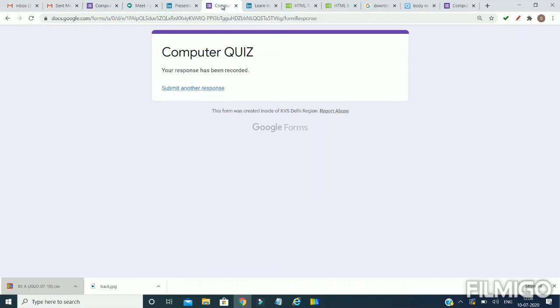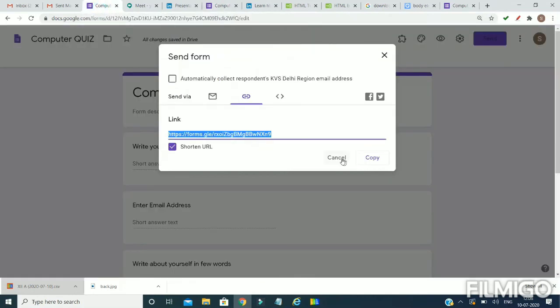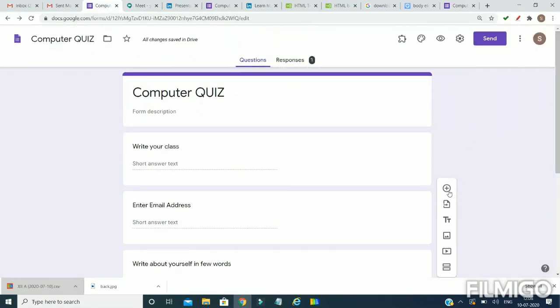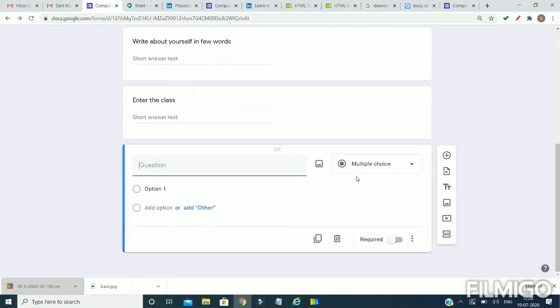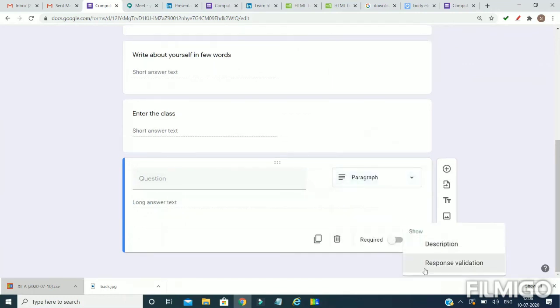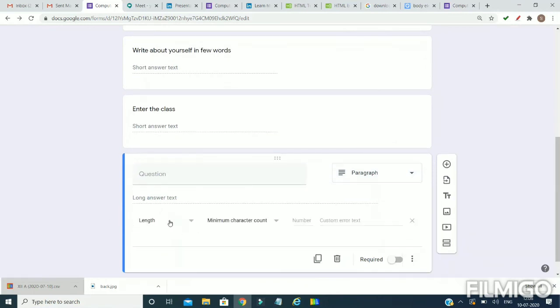So friends, these validation rules can be used on short answers as well as on paragraph types of questions. If we want to apply on paragraph type of question, we can see the features available. I am taking the response validation. So first is the length, that will work same as we have discussed in short answer question, and other is a regular expression. It has also been discussed. So you can use them as per your requirement. Suppose you are giving a paragraph to the student and you want to restrict the character limit, that you can specify here.